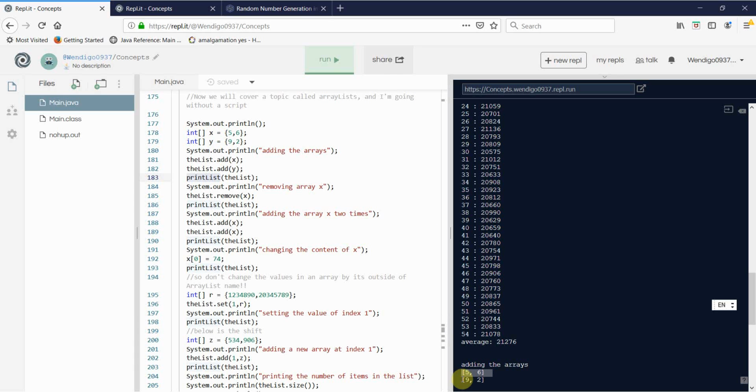And then at the second index of the array list, we have another array with 9 at its index 0 and 2 at its index 1. Because remember, index 0 is the first index, which is super weird. But anyway, the next thing I'm going to show you is this method here,